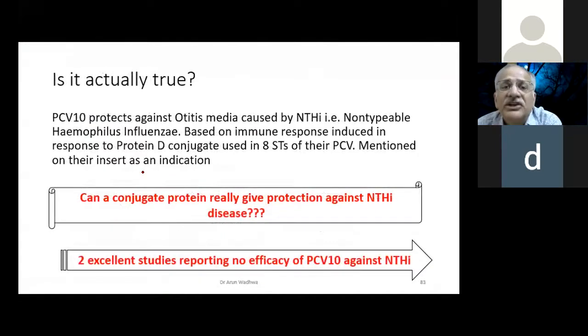If you can reduce the nasopharyngeal carriage, it will reduce the incidence of otitis media also. Whether this is actually true is doubtful, because it is only a conjugate protein which is there in the pneumococcal vaccine. Suppose the typhoid vaccine you use these days is the TT conjugate. By giving a typhoid vaccine, you are not protected against tetanus; the amount is very less. You need not give them a tetanus shot. This is not true. So conjugate protein cannot give you protection against the main disease.